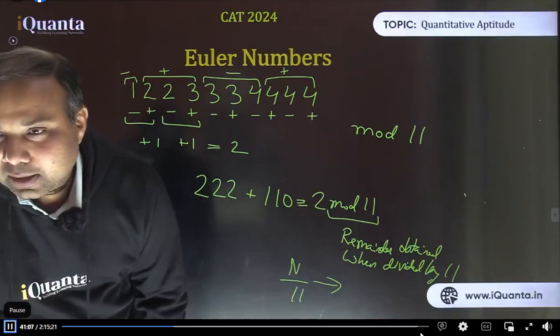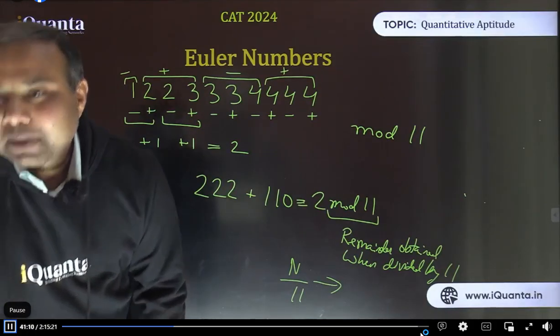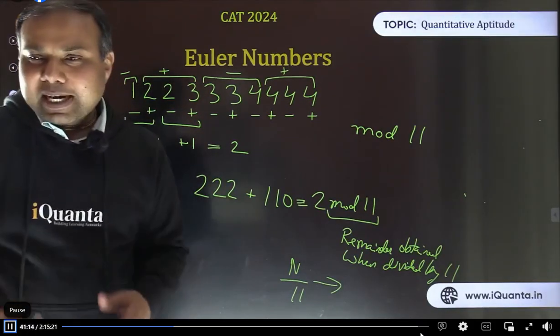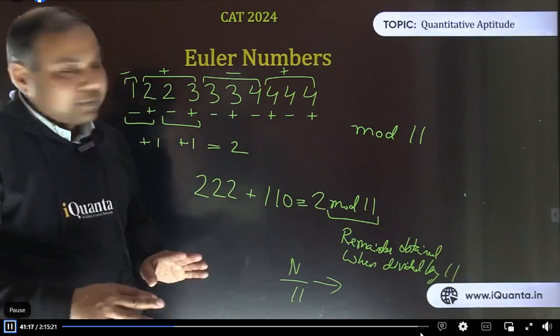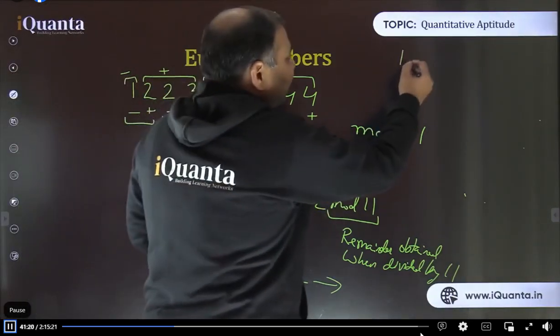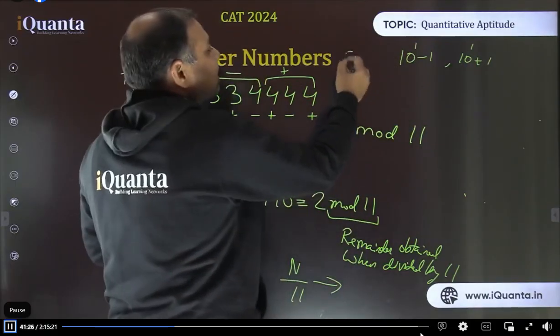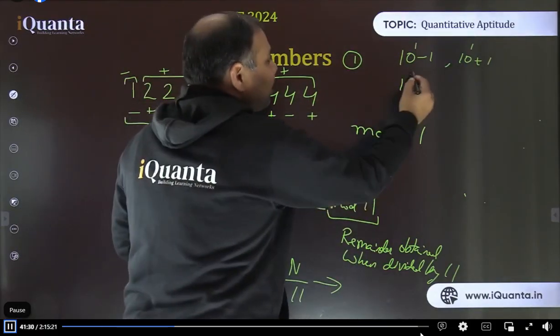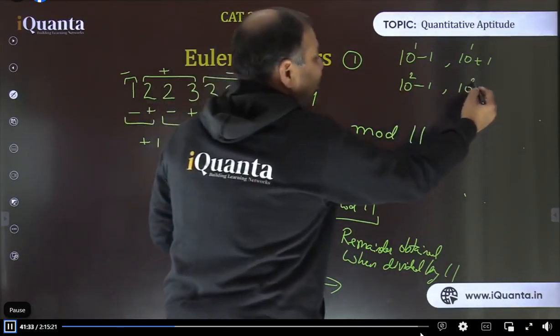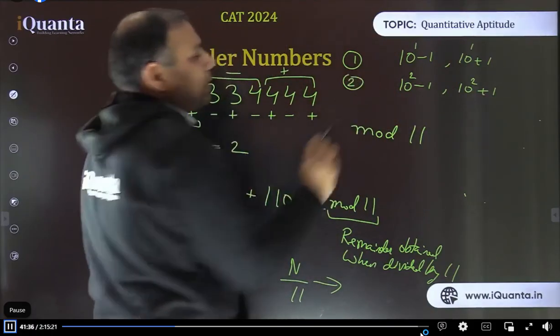Absolute difference: how to decide how much? Precisely, we have already discussed that. It's not that we are to decide. That is fixed already, according to the divisibility rules. Let me repeat the rules. 10 power 1 minus 1, 10 power 1 plus 1: we need to make a group of single digit, right? 10 power 2 minus 1, that is 99, and 10 power 2 plus 1: we need to make a group of 2 digits, right?